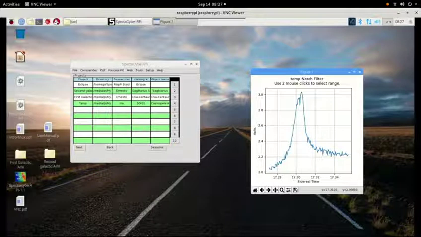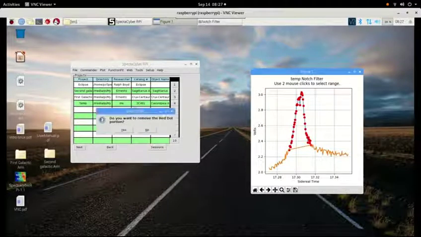Normally, let's assume that this pulse here happened to be actual bad noise. Normally it'd be a small little spike someplace on the curve, but I'm just going to go ahead and do it. Now it says use the 2 mouse clicks. We've seen this before. So I'm going to click on the left hand side, get a little red dot, click on the other side, and you'll see what happens here is that it's immediately selected that region with red dots,